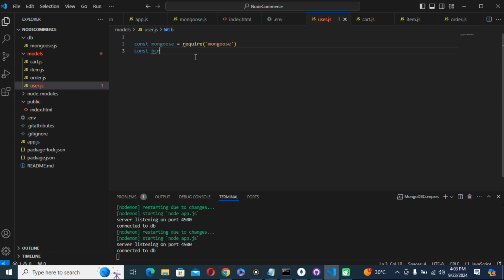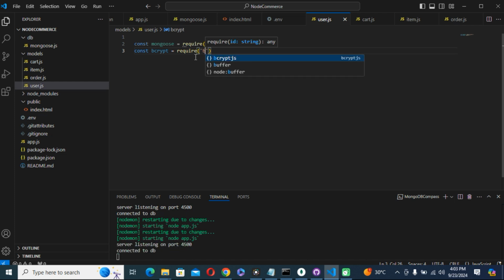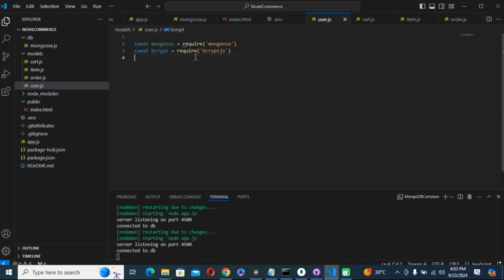So bcrypt is equal to require bcrypt.js. Okay, then